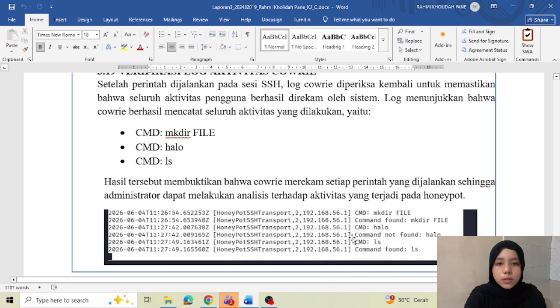In conclusion, this practical successfully demonstrates the implementation of Portsentry and Cowrie